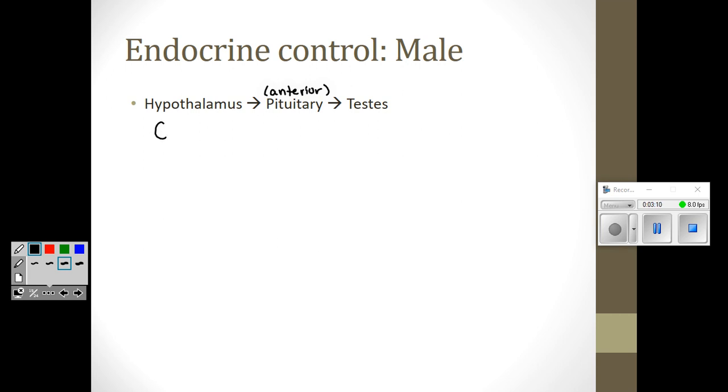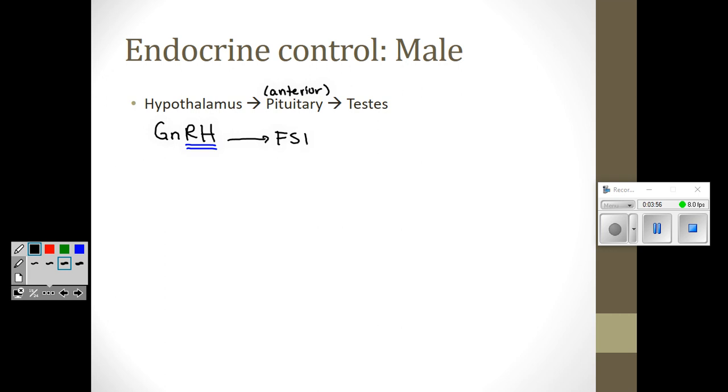The hypothalamus makes a hormone whose abbreviation is GnRH. It's one of the ones that shows up on your data sheet, and it's called gonadotropin releasing hormone. In most other cases, we just said that the hypothalamus makes a releasing factor and we didn't give it a name. This is one of the few cases where you are required to know the name of the releasing factor, like it's on your data sheet. Now, unlike a lot of the other hypothalamus releasing factors, GnRH stimulates two different hormones in the anterior pituitary.